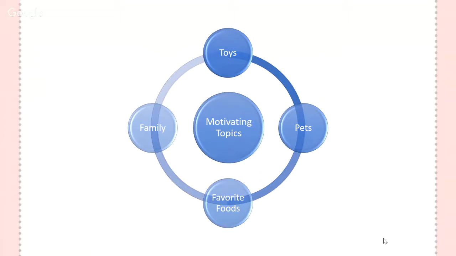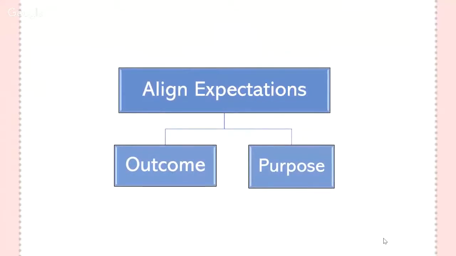Another very important thing is to align expectations. We must make them aware of what is expected from them. When you are planning the activity, you must know exactly what you want them to produce, so that when you are giving them the instructions and presenting the activity, you can tell them clearly what you expect. Also, it is important that they understand the purpose of the activity. And when it is a realistic one, it really helps a lot.